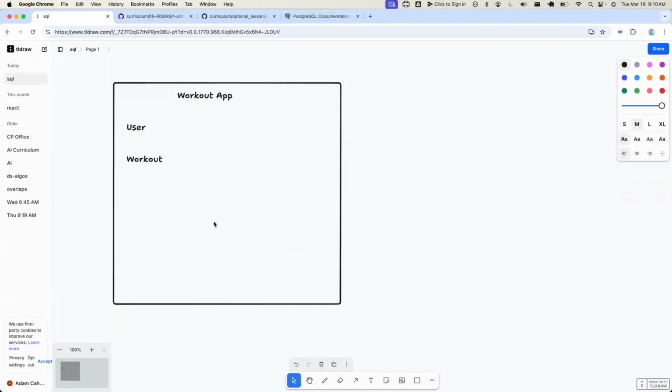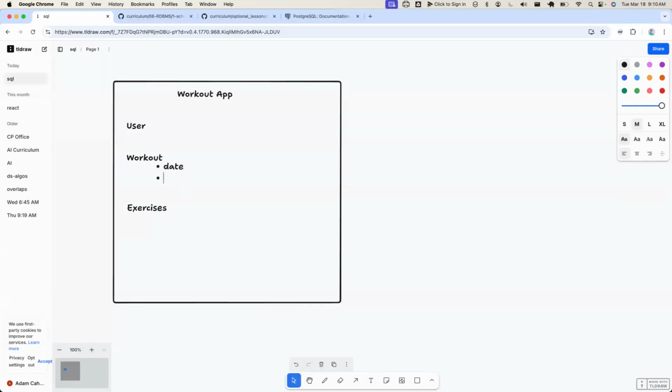So then a user can do a workout, and a workout can be one or more exercises. Then I might start listing more stuff here, like a workout has a date and a time and it has exercises. And an exercise might have